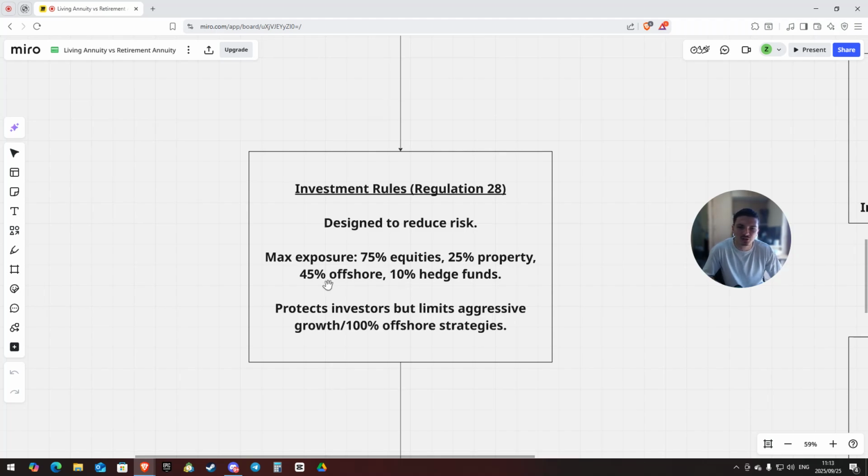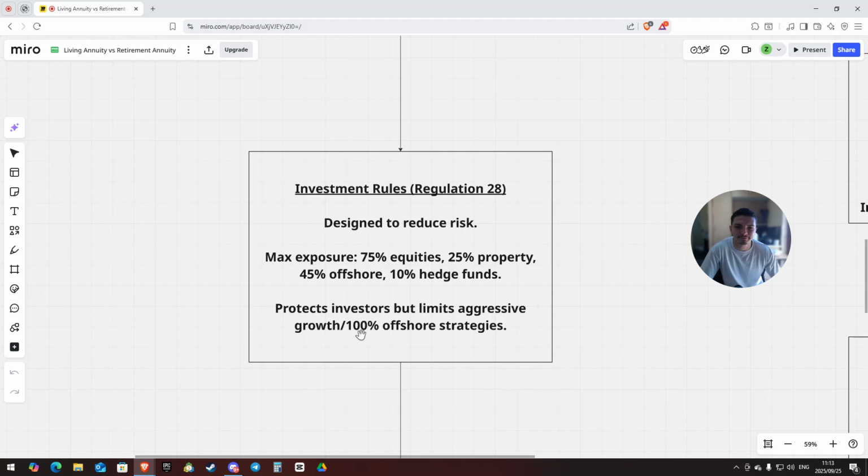Essentially, this protects investors, but it limits aggressive growth and it limits people who want a 100% offshore strategy. So you can only have 75% equity in your portfolio, and of that, only 45% can be offshore funds. Okay, so it's designed to reduce risk and stop guys chucking their full retirement annuity into